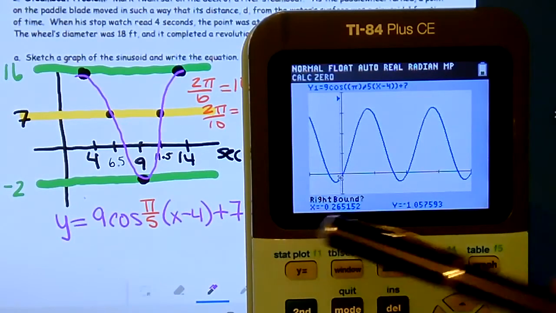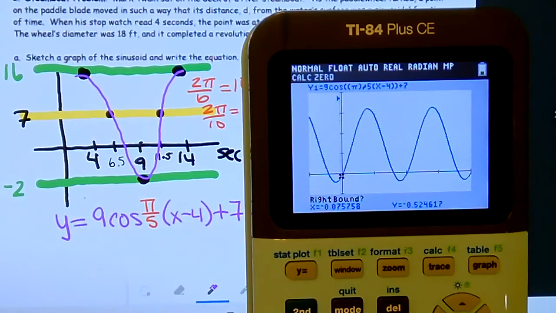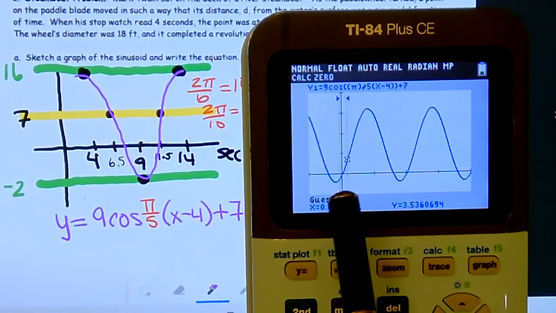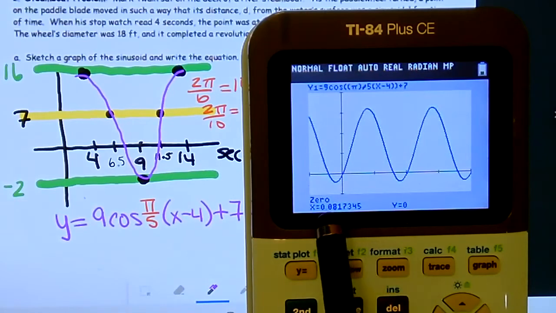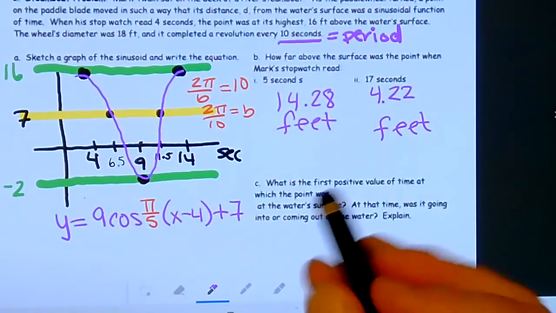It did a little faint line you can see here. And then I'm going to go to the right of it. Okay, and I'm going to hit enter. And you can see another little faint line there. Hit enter again and again. And then it gives me my answer, 0.08 about. Okay, so we're going to write